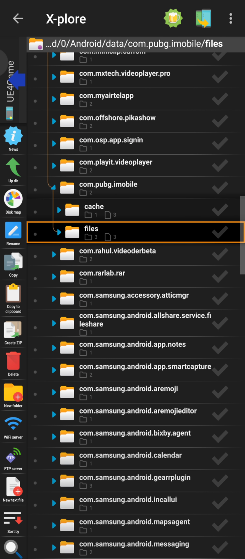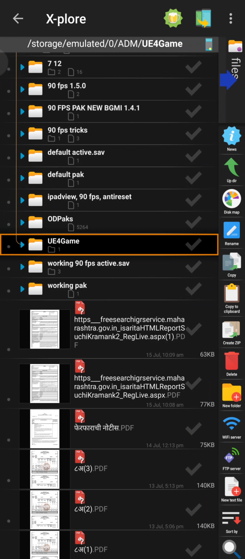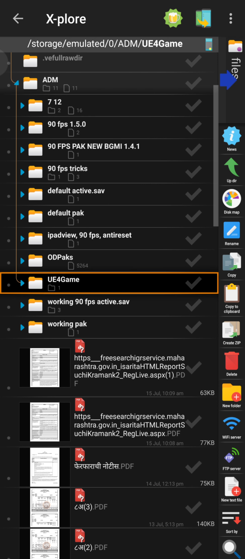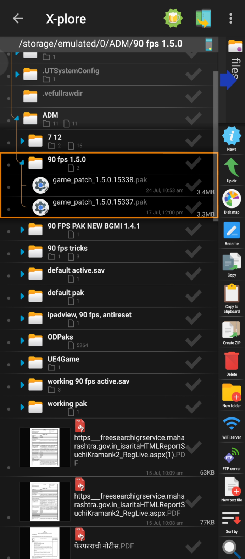After doing that, there is one more file you should be downloading, and I will give you the link for it in the description. The file name is gamepatch 1.5.0.15338.